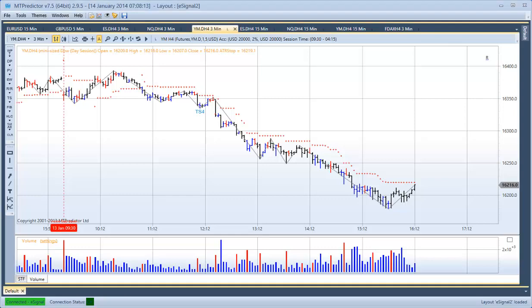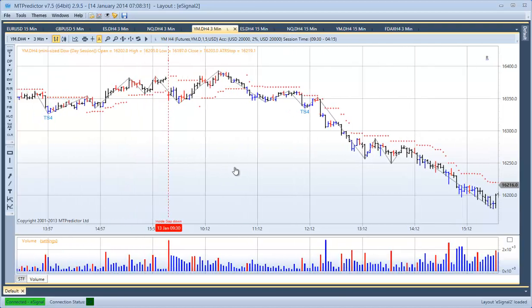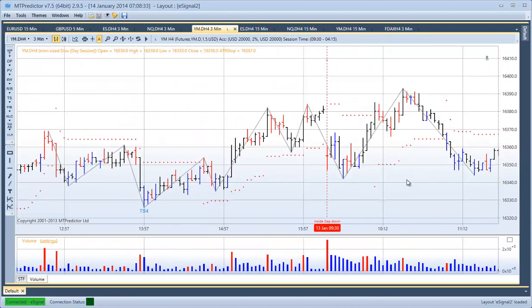In today's MTPredictor video, I would like to look at how the US E-minis unfolded yesterday, which was January the 13th. In particular, I'd like to look at a trade setup that was unfolding while we were doing our customer-only training webinar yesterday. Now for this, if I scroll back a bit, this was an advanced manual setup that we